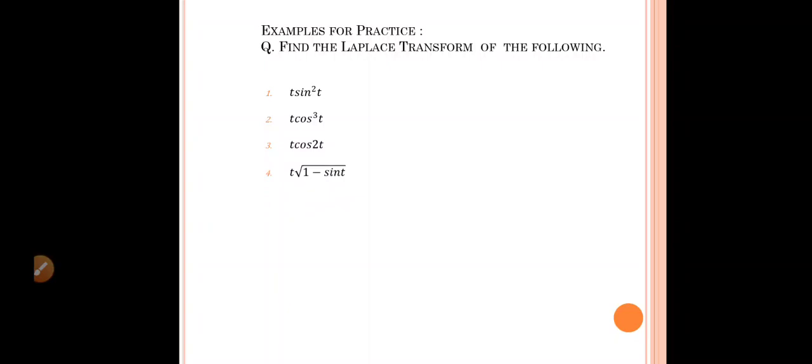We know sin theta equal to 2 sin theta by 2 into cos theta by 2. So we can write sin t as 2 sin t by 2 into cos t by 2. Okay. Now 1 can be written as sin square theta plus cos square theta. Now here in the second term for sin t, we have written it in half angle form as 2 sin t by 2 into cos t by 2. So the first term 1 can be replaced by sin square t by 2 plus cos square t by 2.